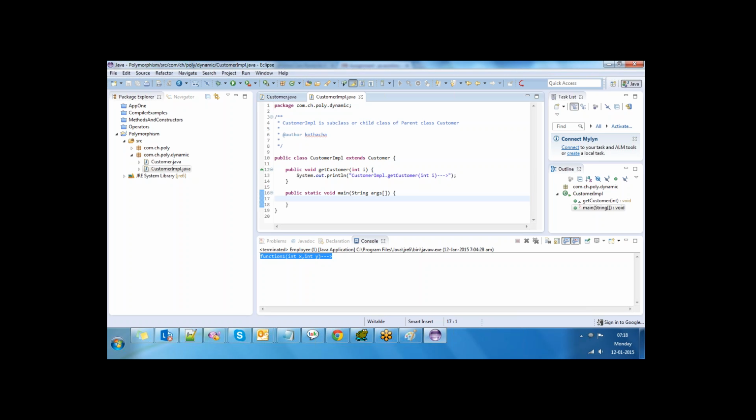Here I am trying to create an object for the compiler, customer IMPL.